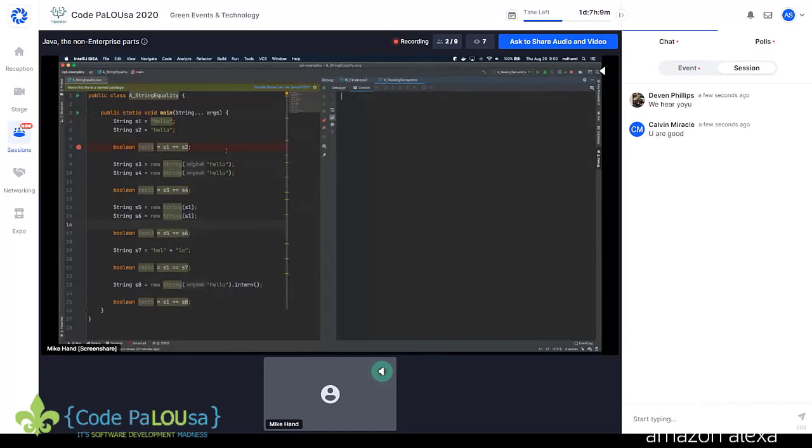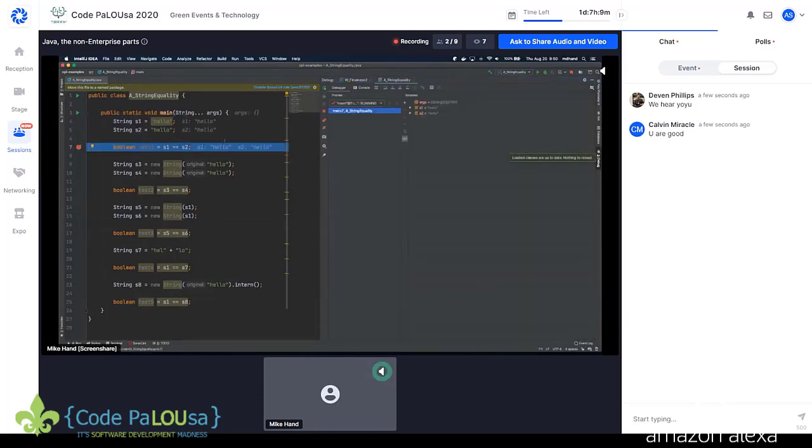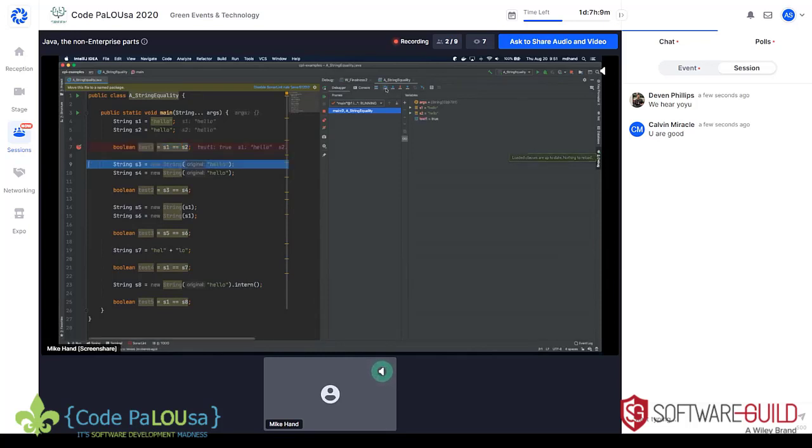We've got a pretty simple main method here. But let's step through this and see what happens, because there's a couple things to talk about. I've got a breakpoint here. So we've already run these first two statements, assigning to S1 and S2 these string literals, HELLO. And now we're going to compare and see if they're equal. So let's step past this line.